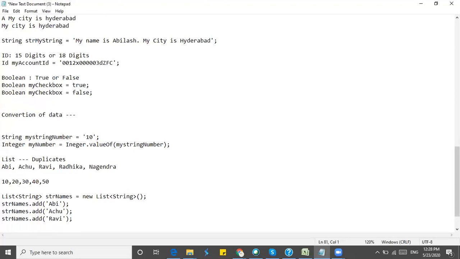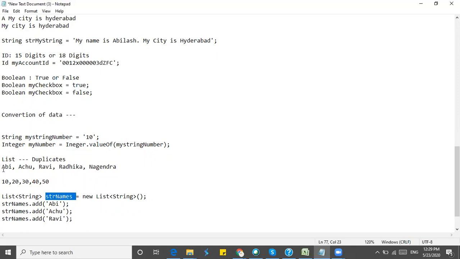So in the same way, however many values we have, we will be adding all of them, and all these values will be stored in the collection type list, whose variable is str names. If you write it in the debug, then you will see all those things under str names.